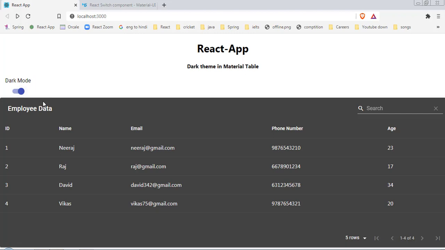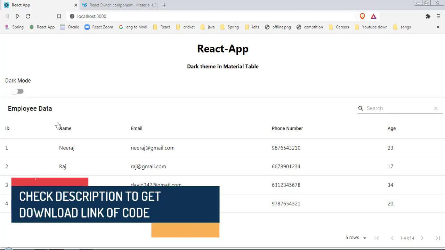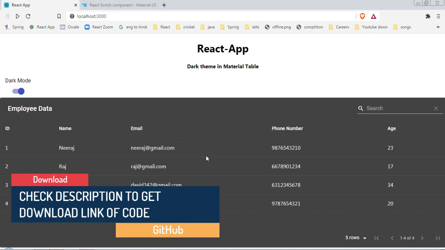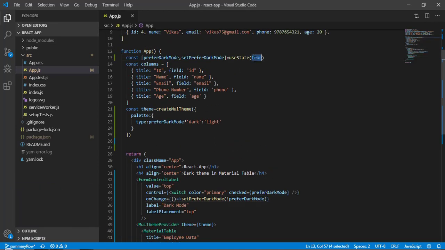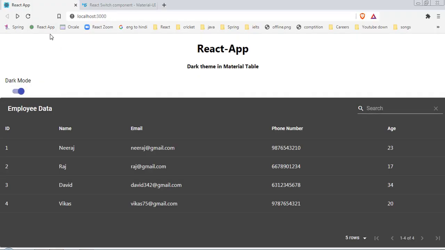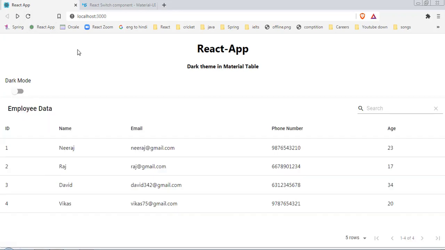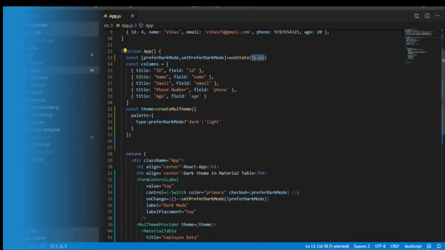You can see initially I have dark mode, and let me click on this. Now this has been changed and we have light mode. If I click here again I have dark mode. So now we are able to manage this mode. Let's set the initial value as false here. Now let me set dark mode and refresh this page. It will again set to light mode, and this is happening because we are not storing this data, meaning every time we are setting this value as false.